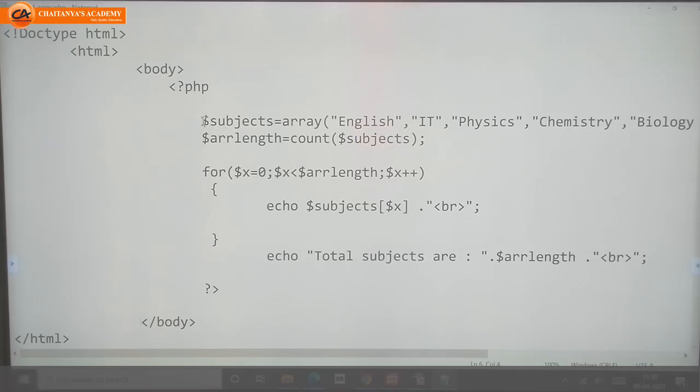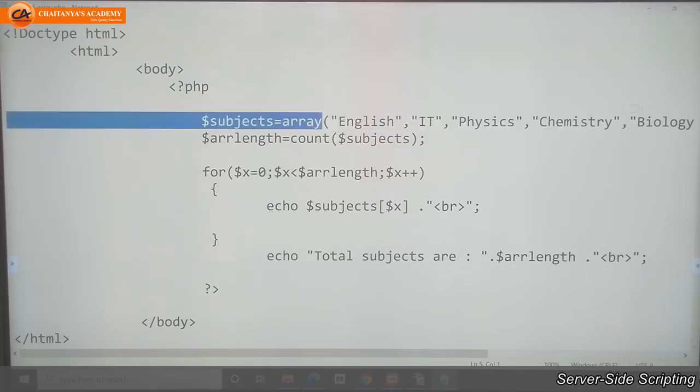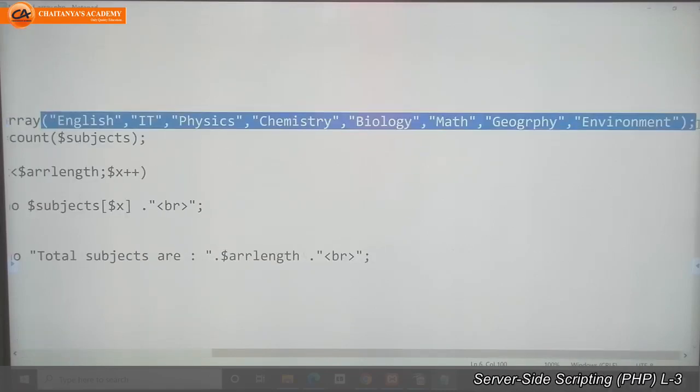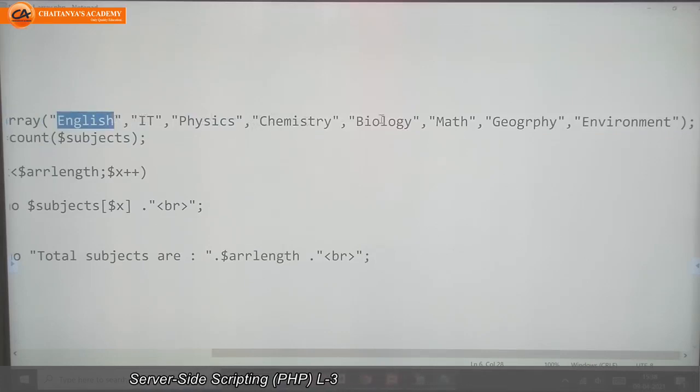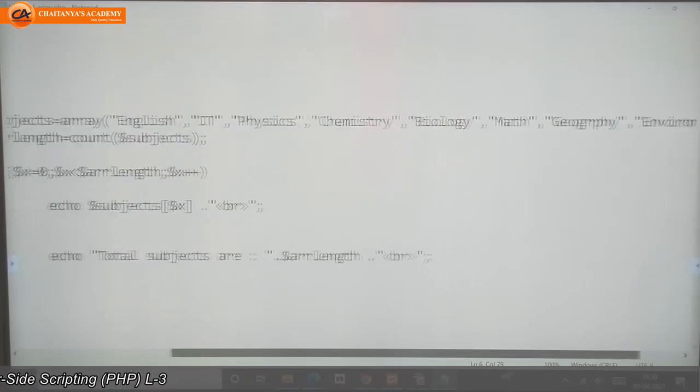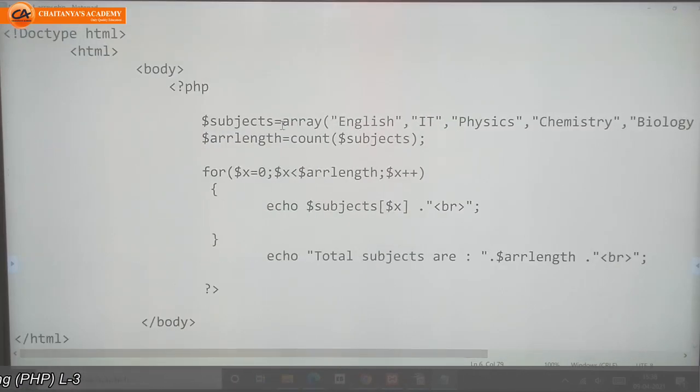Here is one variable, $subjects, the name of the variable. I want to declare one array, that's why I use the keyword array. Into the brackets I am passing only values: the names of subjects. First value is English, second IT, third physics, then chemistry, biology, math, geography, environment. These are some subject names I passed in this array.